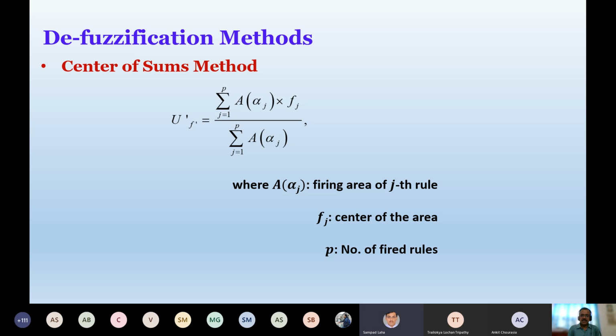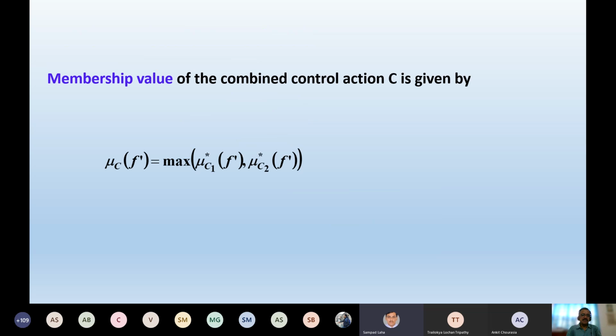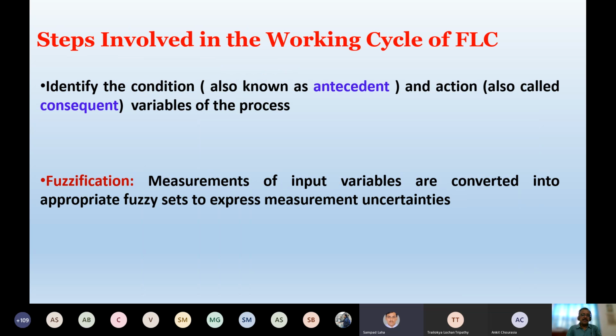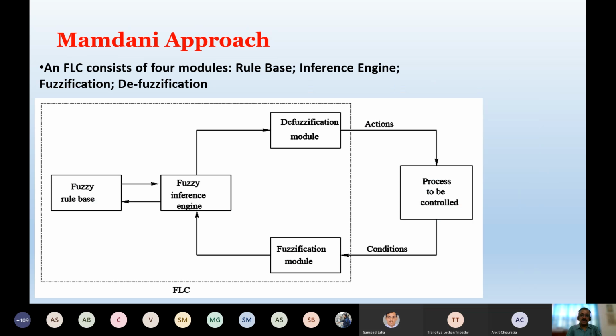In tomorrow's class. Sir, I had another doubt. In the Mamdani approach, in the block diagram that you showed, within the knowledge base there is a database as well as a rule base. So what shall we consider as the database? The database is actually the fuzzification module. This fuzzification is based on the database, that is, the membership function distribution. Whatever is there in the fuzzification module is the database, and whatever is there in the rule base is the rule base. Combined, the database and rule base give us the knowledge base.